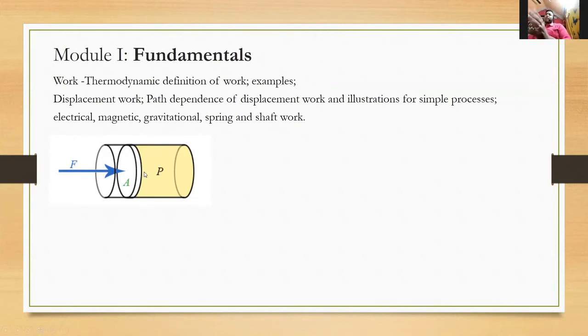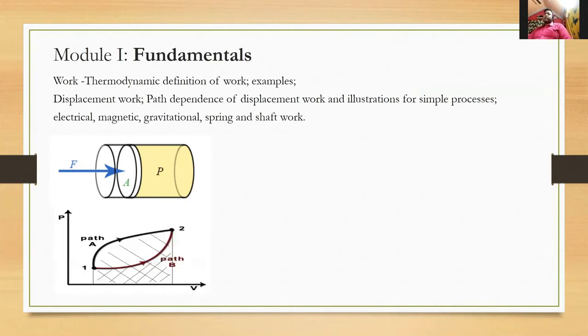Generally thermodynamic work is said to happen only when the work is conveniently transferred to a raise of weight through a pulley. It is a very generic way to define thermodynamic work, and it's very interesting to explore the different types of works which ultimately end up as a raise of weight. So we'll explore that in the examples.